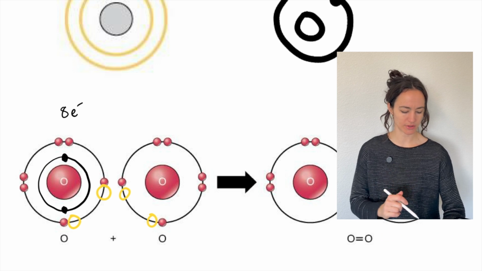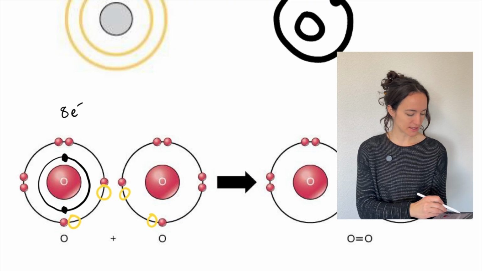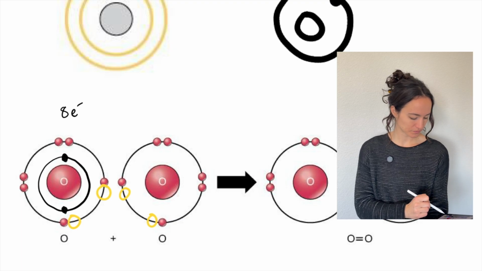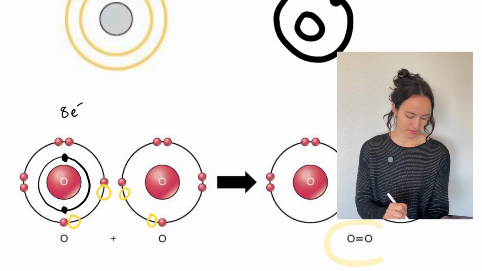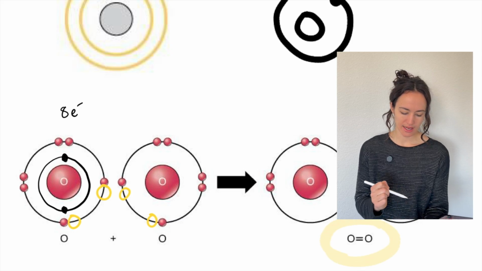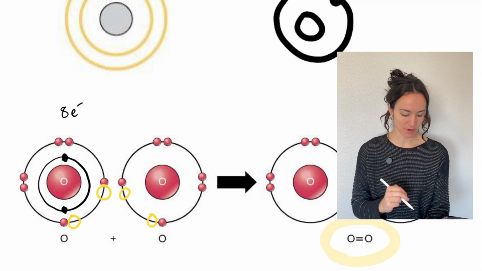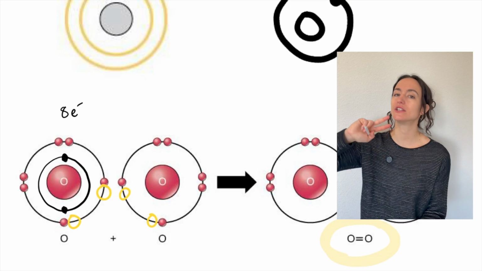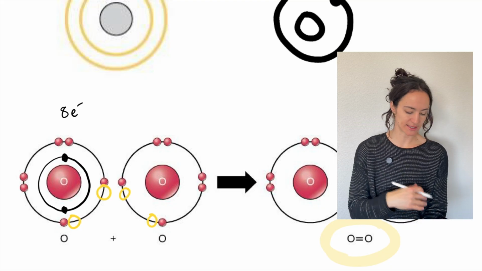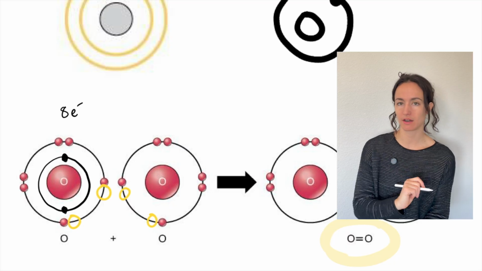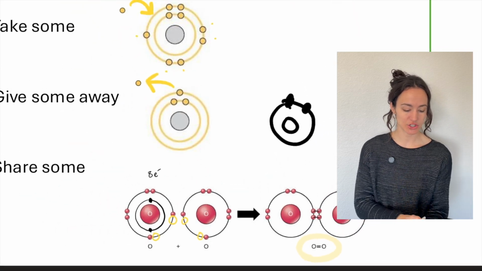Again, this drawing isn't showing the inner shell. So you'll often see that drawn as oxygen bonded to an oxygen. And the reason that there are 2 lines instead of 1 is this is a double bond. It's bonding in 2 spots. We often see atoms just sharing 1 pair of electrons, but in this case, it's sharing 2 pairs